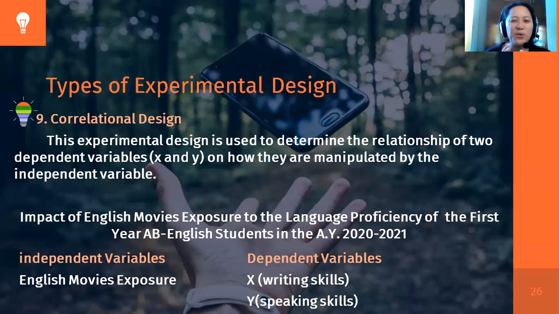But if you really pick your respondents, enclose them in an area, and then expose them to English movies for a certain period of time, like 5 months, then that's experimental. Do not be confused. So if you want to choose an experimental design, then start as early as now for you to attain your goal in